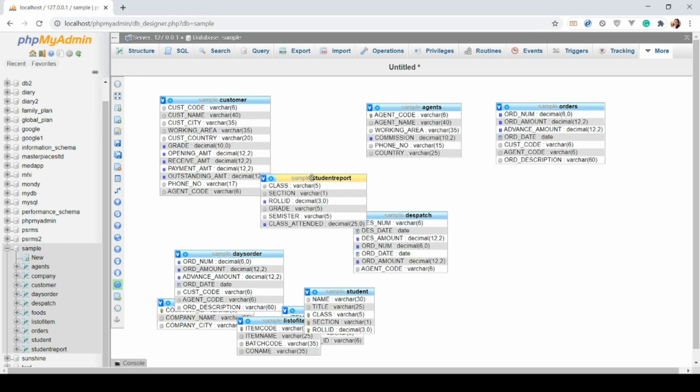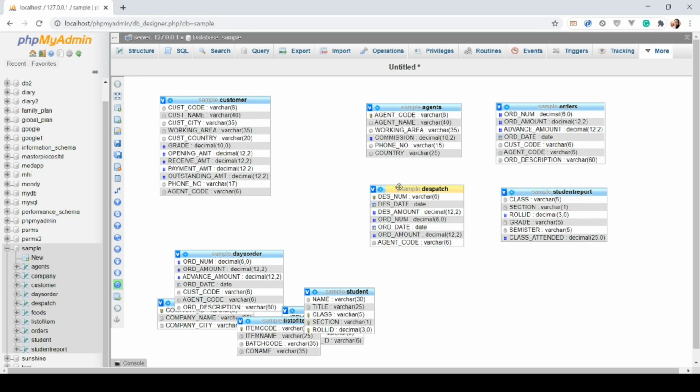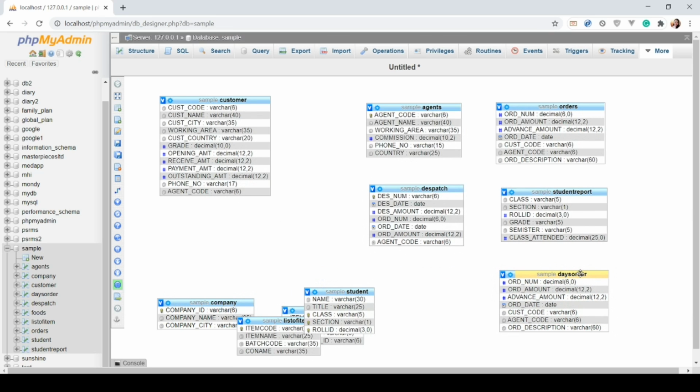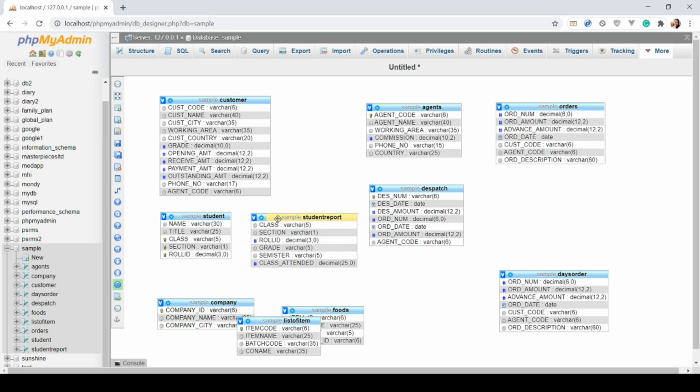This will give you a bigger picture as to how the entities are connected. In this example, the entities are separated because I haven't assigned a foreign key yet. This is just an example to show you how each of the entities looks like.